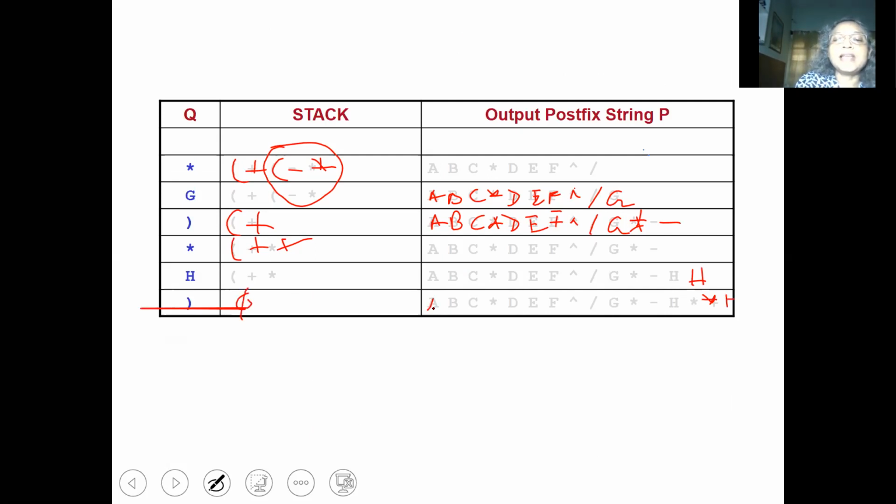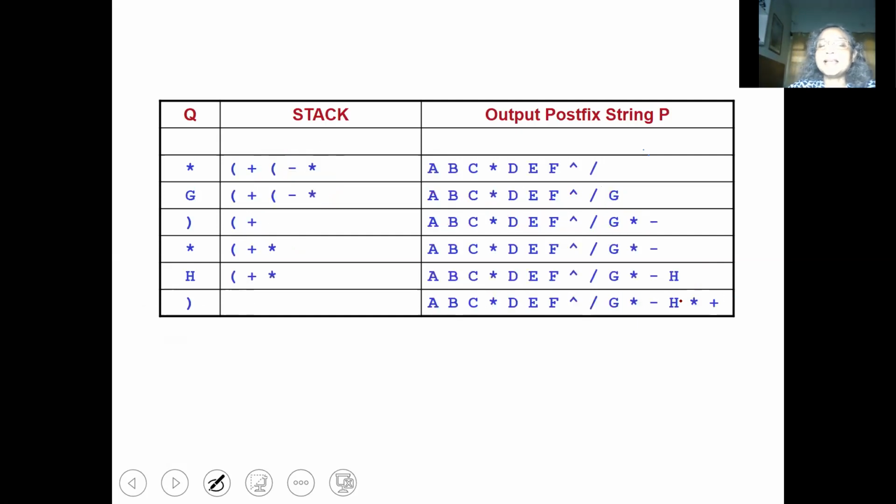And what we have is A, B, C, star, D, E, F, exponential slash G star minus H star and plus. So this is how the expression looks. So we have converted an infix expression to a postfix expression using a stack.